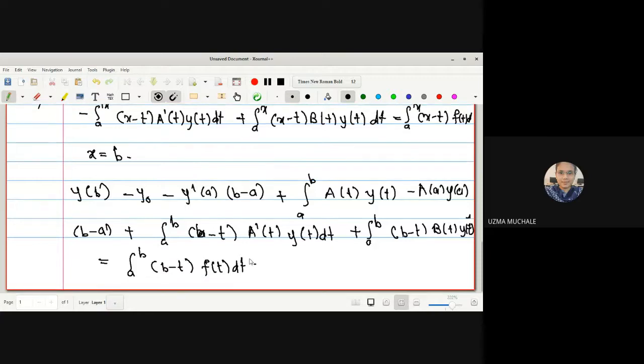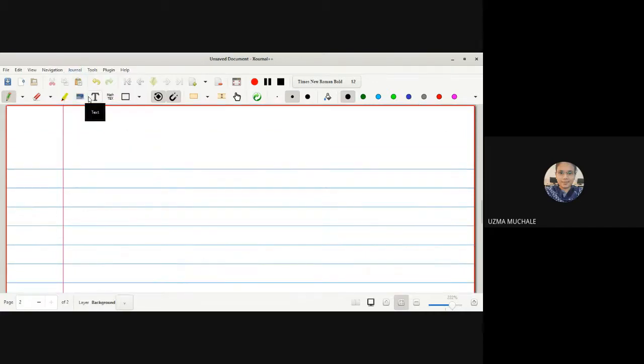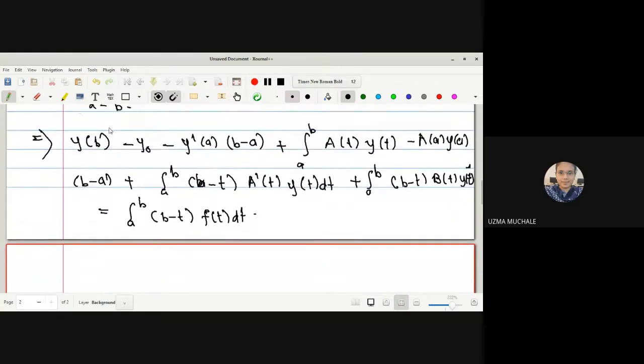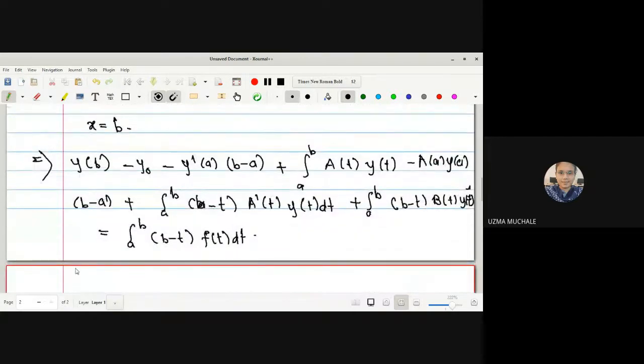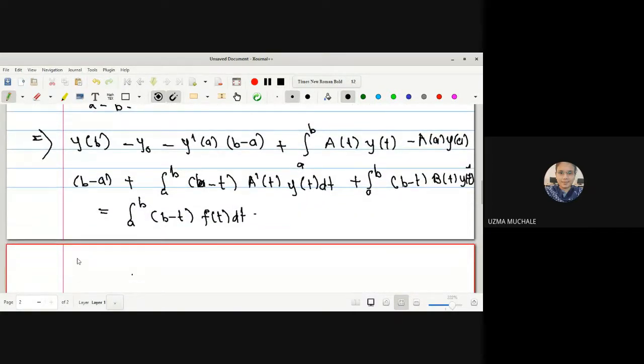No doubt it is somewhat lengthy, but it is easy. The same process we have to apply for every example. So you must see carefully so that you can understand how to apply it for the examples. So this is the step in which we are going to put x equals to b. Okay, so this same procedure we are going to apply for our examples. Now, what is the value of y of b we have? It is given to us as y1. Okay, let me write down y of b is equal to y1.